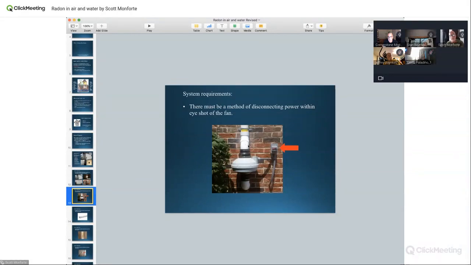Okay. You can also, when you're there, if you guys are around outside, make sure the fan is on. Make sure that switch is up. It might be sideways, on, off, left or right, depending on how they put the cover. Make sure it's on. Put your ear up to it. Put your hand on it. See if it's running. If it's not running, you could say, hey, it's not running, and let the buyer know, or the seller. Sometimes we do pre-sale inspections, and you'll know that it's not working.